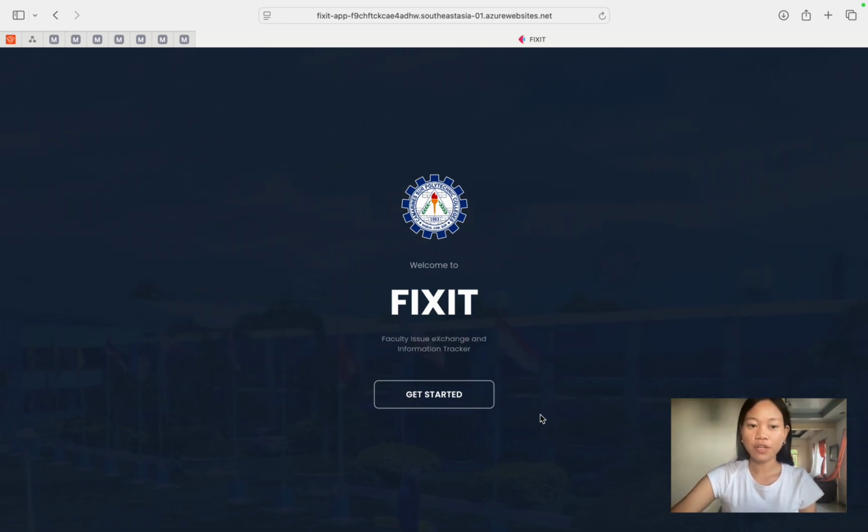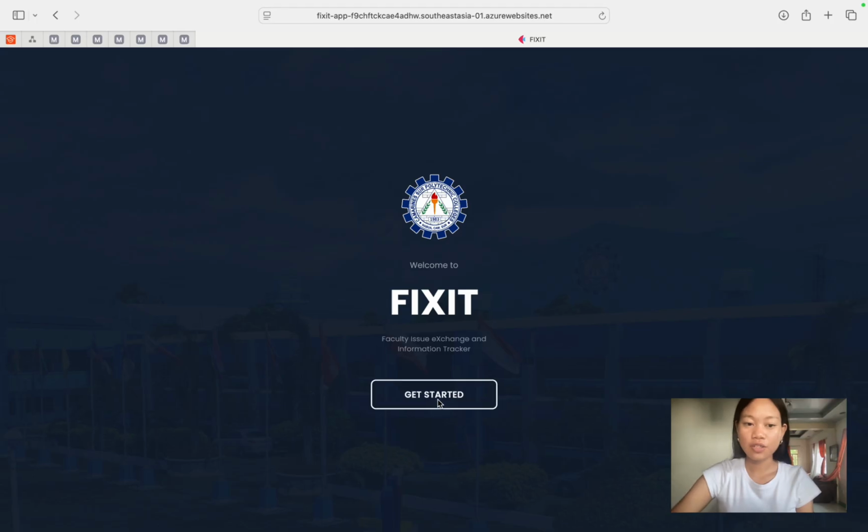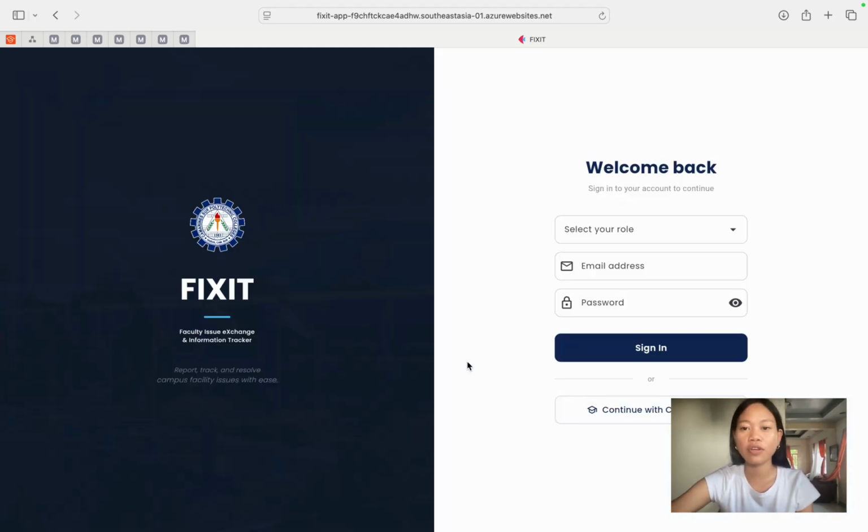First things first, you have to click Get Started. Then it will direct you to a sign-in page, which says welcome back, since I've been using this application earlier. For signing in, you have to select your role, which we have here: admin, student, and faculty. For example, we'll choose student.